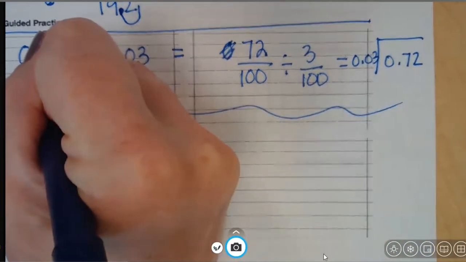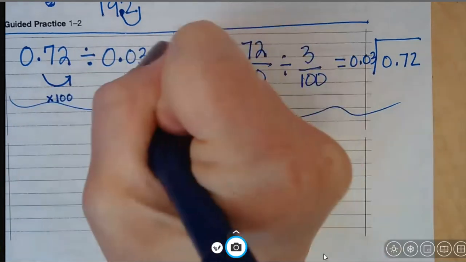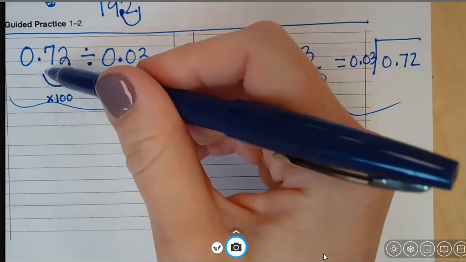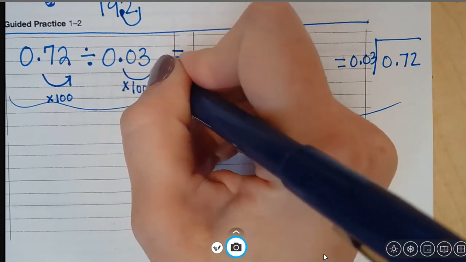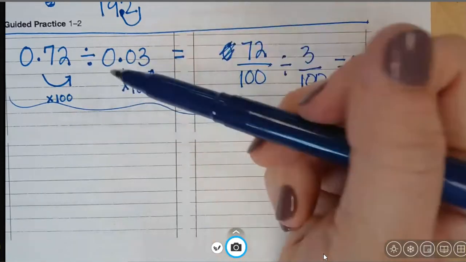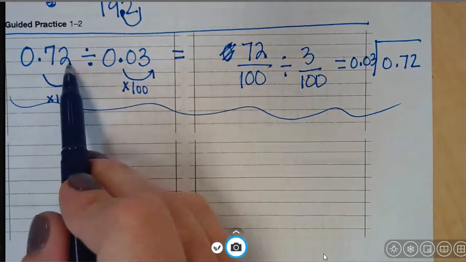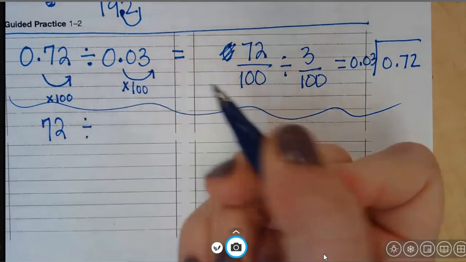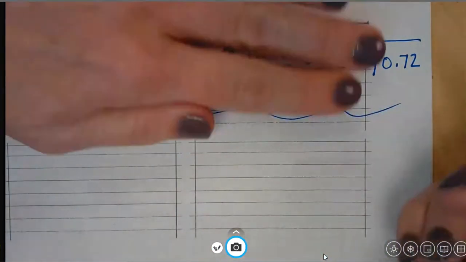Okay, so really the first thing you have to do is to get rid of the decimal points. What you do to one number, you have to do to the other. So if I'm going to multiply this number times 100, I have to multiply this number times 100. On this, it actually works out easily and well because both of my decimals have 100ths places in them. So if I multiply 72/100ths times 100, I get 72. If I multiply 3/100ths times 100, I get 3. So now if I look at my new problem,